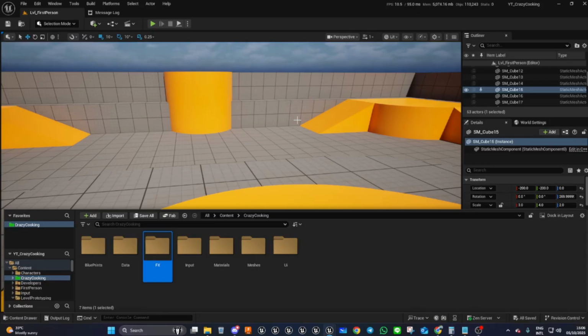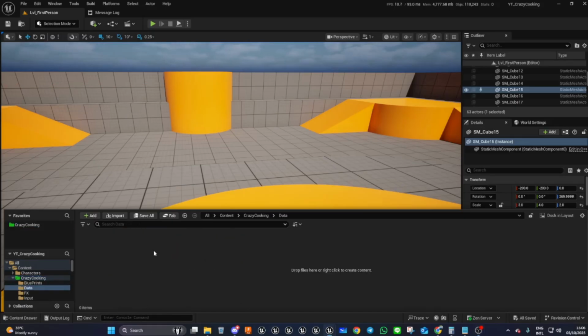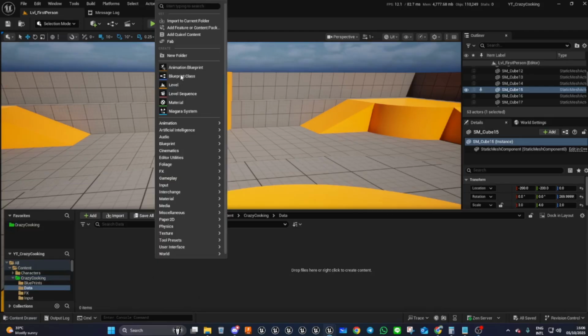So it takes a little longer to set up, but once you get into it, it's no different than doing it just with plain actors. So what we're going to do is, in our blueprint folder, we're going to set up our first actor and our first database. So a data asset. We're going to do a data asset first, because we need to put that into the actor. So we're going to go to our data folder, we're going to right click, we're going to go to blueprint class,